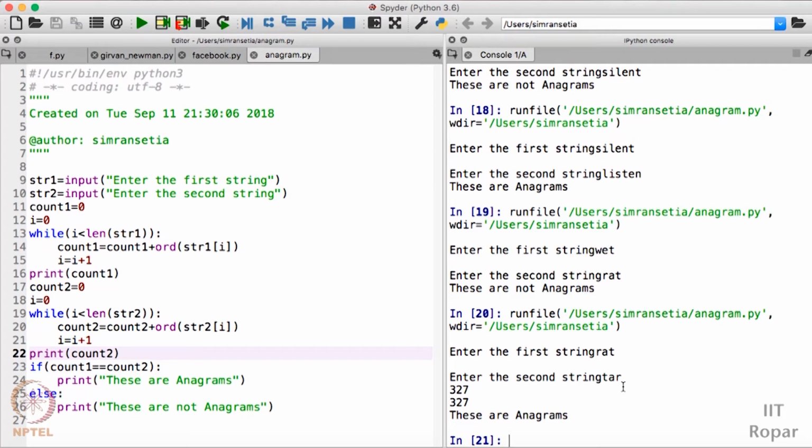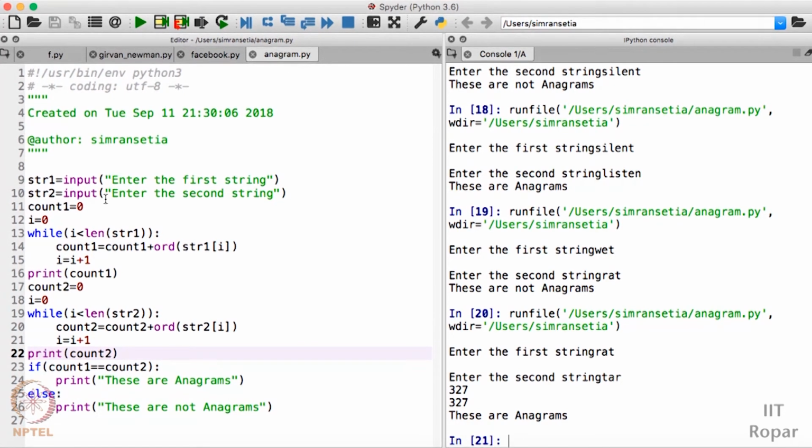So this is how you can code for anagrams. I'll go through the program again. First of all, we should take two strings, str1 and str2, and our motive is to figure out whether these two strings are anagrams or not. So I'll just take one count, that is count 1. It will store the sum of the ASCII values of the characters present in str1.